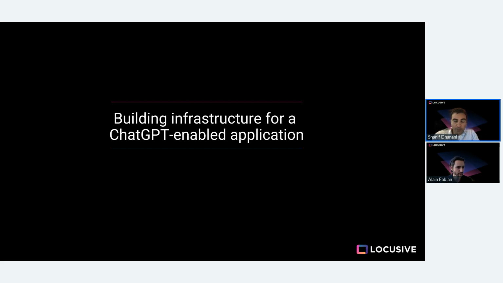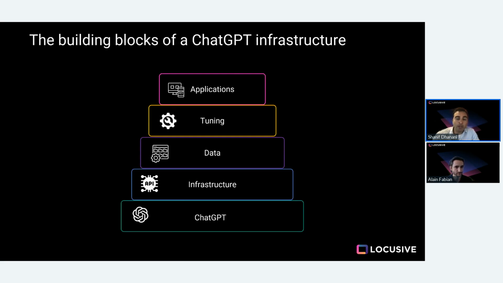So on the next slide, we've basically built the pyramid of how we think about creating apps on top of ChatGPT. It's a lot like creating traditional software applications, but now you have this foundational layer with ChatGPT. This might be an embedded component, like their API might just be another API you plug into, but it's so powerful that we've used it as the foundational layer for the apps that we've built. And we'll talk a little bit about that, but we're going to spend more time on the next 4 steps